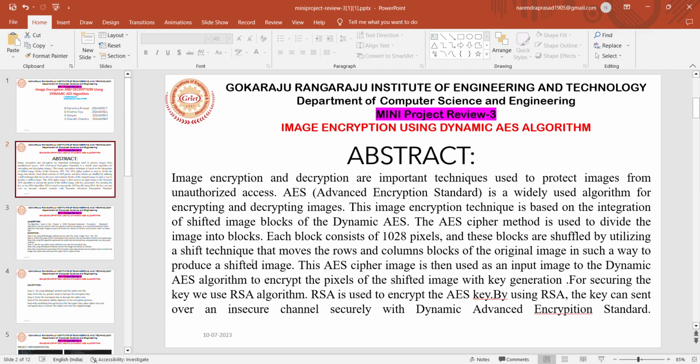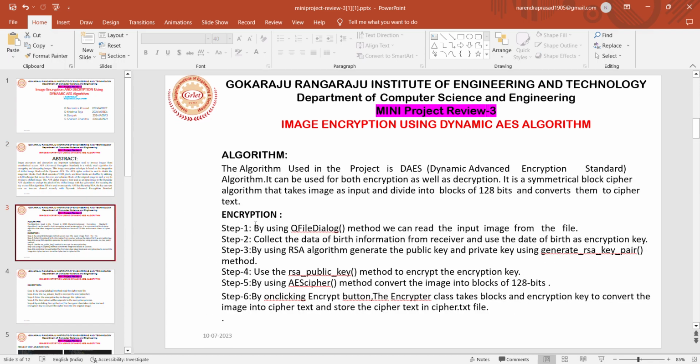And let's discuss the algorithm of our project. The algorithm used in the project is the Dynamic AES encryption standard. It can be used for both encryption as well as decryption. It is a symmetric block cipher algorithm that takes an image as input, divides it into 128 bits and converts them into